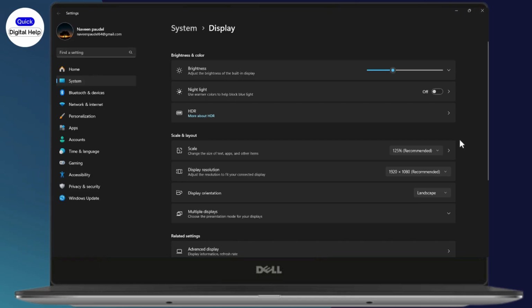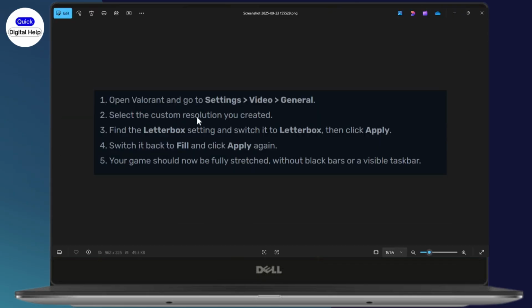Next, you need to adjust your video settings in your Valorant. Open up your Valorant and go to your settings, and under settings, you need to go with video and general. After that, select the custom resolution you created, find the letterbox setting and switch it to letterbox, then click on apply. Switch it back to fill and then click on apply again, and your game should now be fully stretched without black bars or a